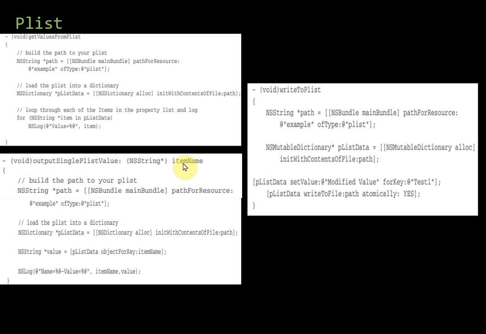What this does is find the path of the plist stored in the supporting file directory. Your plist will be present in some directory, with the name example, which is what we told here. Then it loads the plist into a dictionary object. You might have learned about dictionaries in data structures. A dictionary is a type of data structure wherein you can store data in the form of key and value pairs. So we have a key and the corresponding value for it.